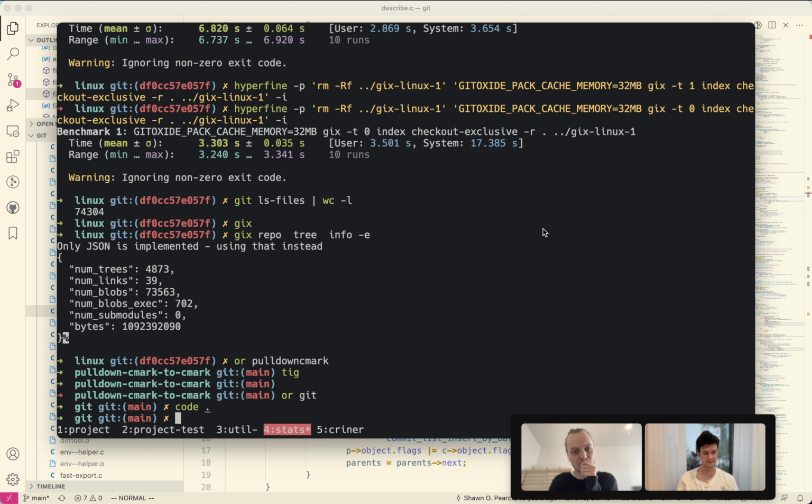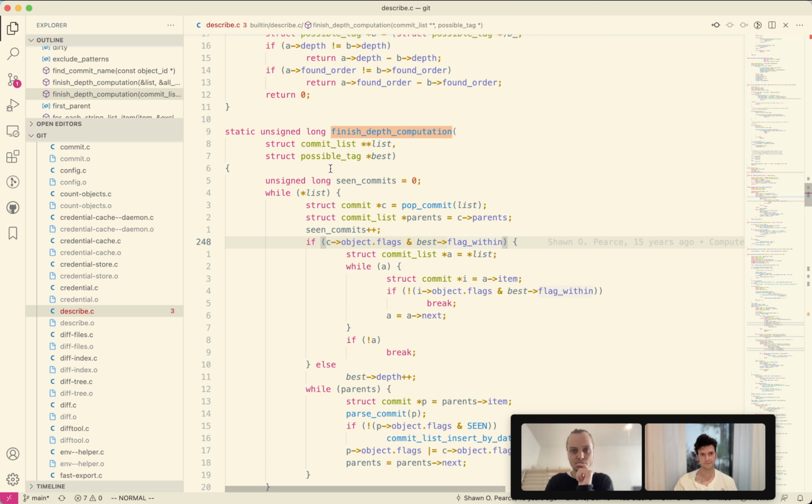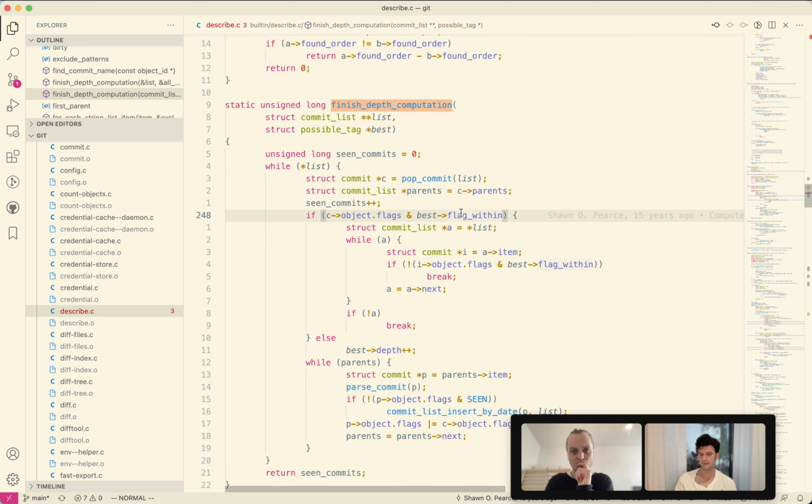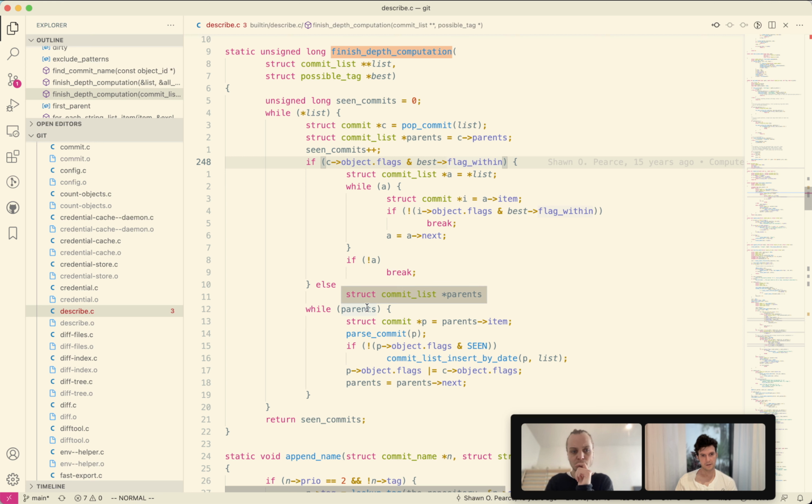So then, you know, like we are trying to find out how it's supposed to work, how it's supposed to tick, so that we can ideally implement it equivalently. And sometimes Git will just re-implement certain things that are implemented elsewhere. So maybe this is just a reimplementation of a topological ref walk, and it's just not so obvious when you look at the code. Maybe. Maybe it's more. Because it seems to be just